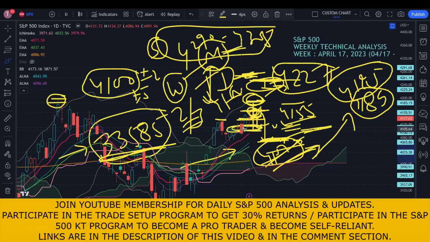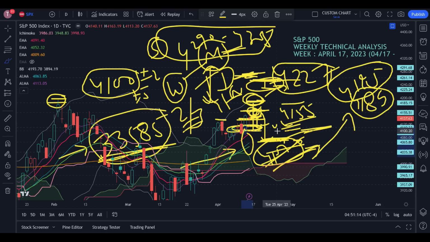Okay, in that case we need to look into the numbers of the moving averages, because in that case the moving averages will hold the downward movement. Now it failed, it came down. Okay, now it has breached the 4100 and it closed below the 4100. That is bad, because a closing below 4100 can force the Dow Jones to breach the 33585